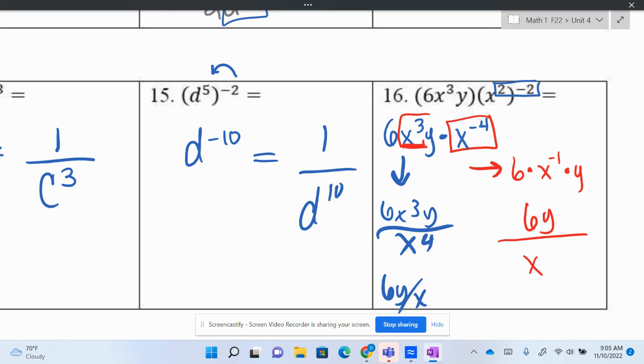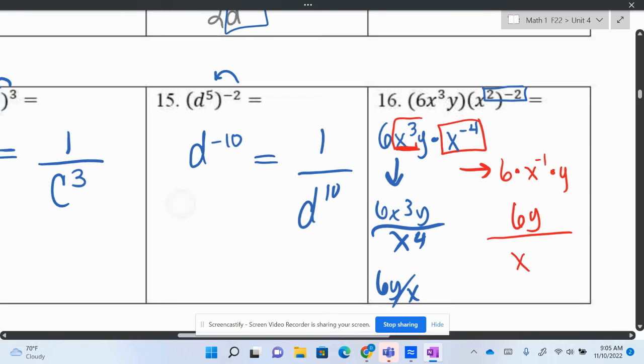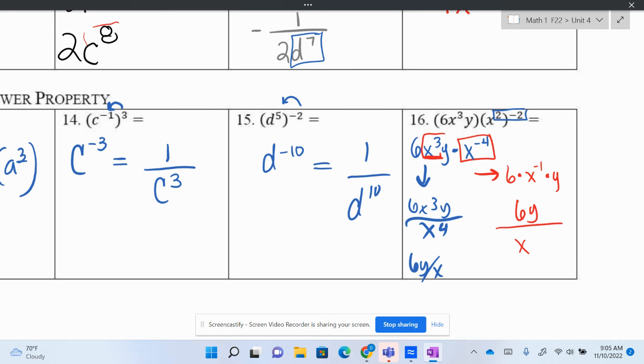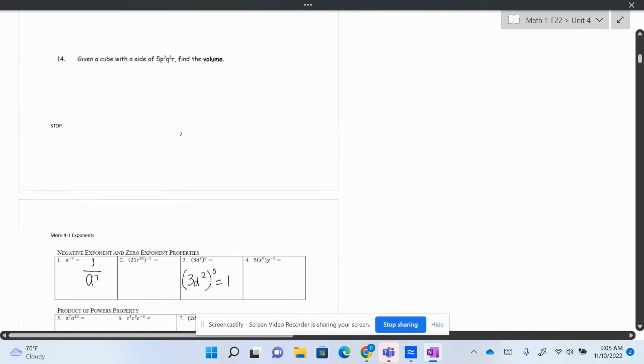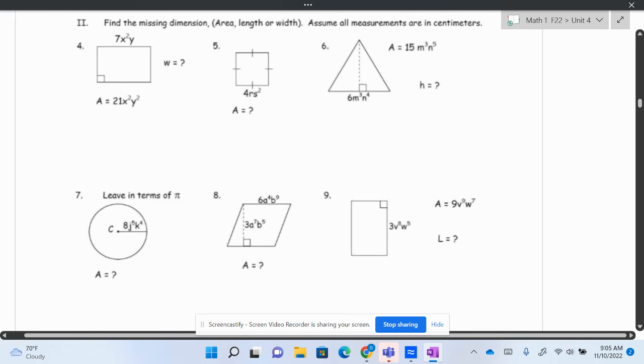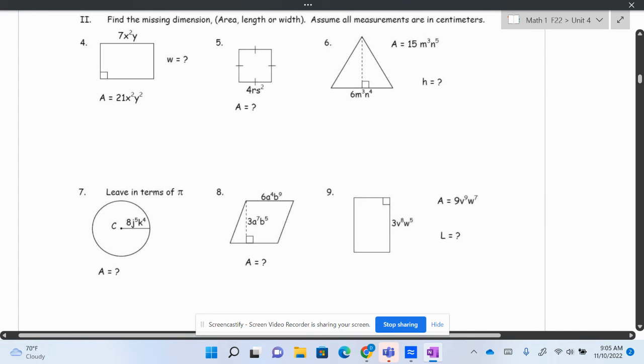All right. So I want to talk to you about your homework. So I'm going to go back to page 6. So pay attention because I'm going to circle them on here, and I'm not making you do every problem. I think that's totally asinine. So I'm going to have you do